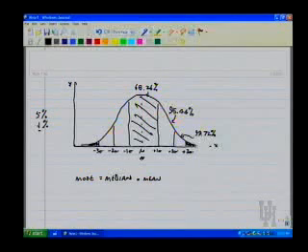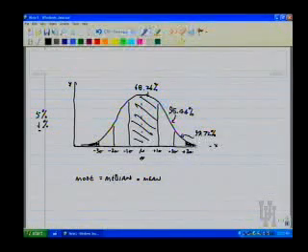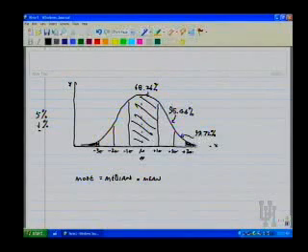That is, first of all, any normal distribution is symmetrical around the mean. Second, in any normal distribution, the mode equals the median equals the mean. And third, in any normal distribution, if you standardize that distribution, that is, if you measure the distance along the x-axis in standard deviation units rather than in the original units of measurement, be they dollars or SAT points or GPA points,